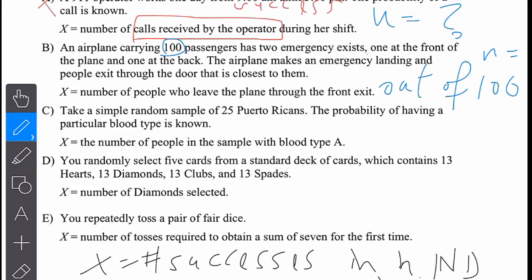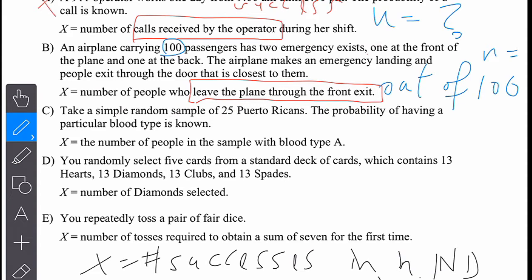What about the p? So p should be, let's put that in red, the number of people who leave the plane through the front exit. So that's leaving the plane through the front exit is a success. That's what we're looking for. So that's going to be the success. What's the probability of leaving the plane through the front exit? Now, they don't say what it is,